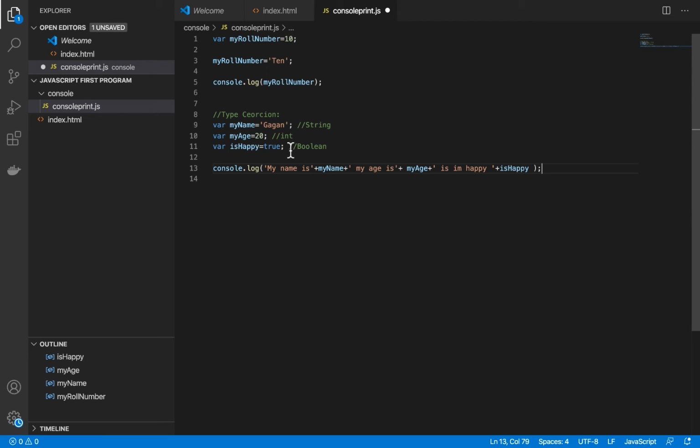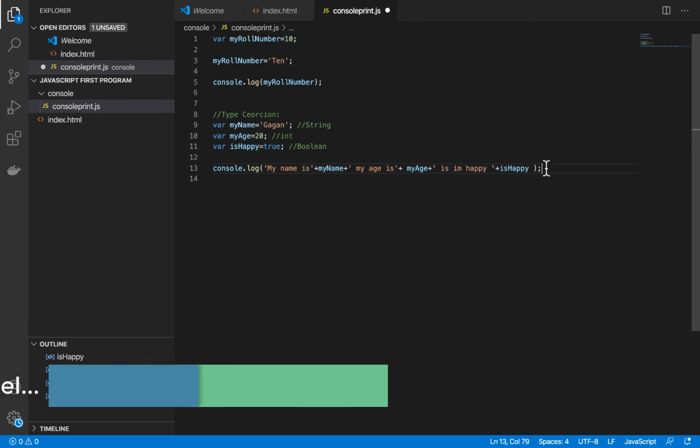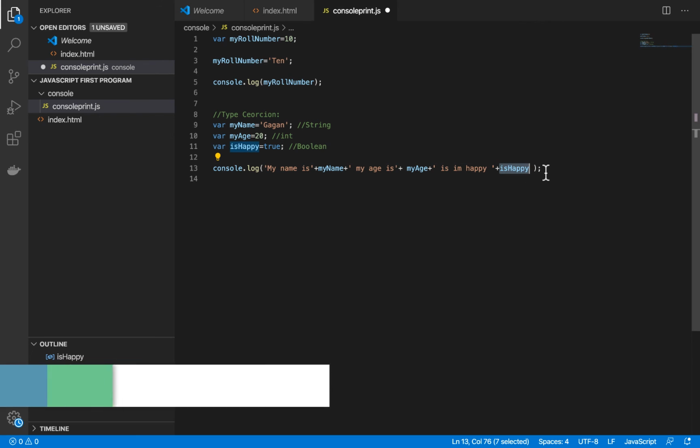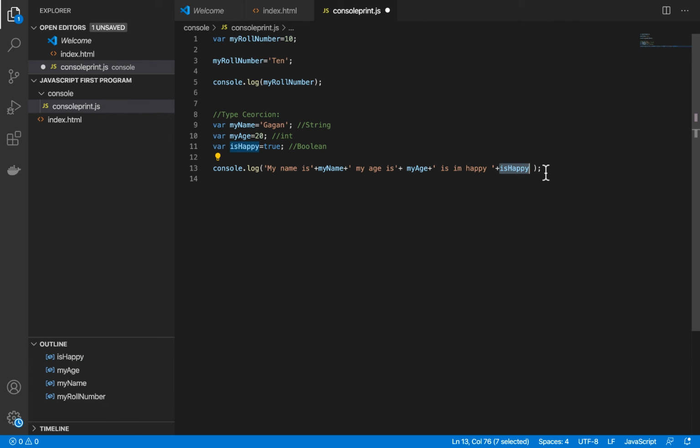So what we are doing here is trying to print something where we mix different kinds of data types. That is, this is a string, this is an integer, and this is a boolean. If you know another language like Java, we have to convert one data type into another. For example, if I want to use an integer as a string, I have to convert this integer using some functions in Java to make it a string. I will not go in that direction because this is not a Java tutorial, it's a JavaScript tutorial.